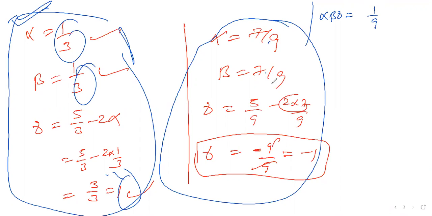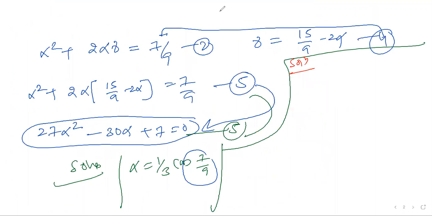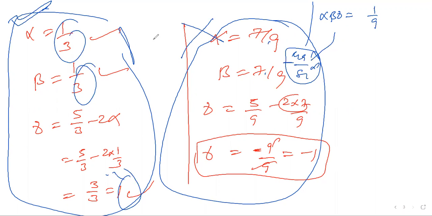Now this answer, 7 by 9, 7 by 9, minus 1. How much do you get? You are not supposed to get that, right? 7 by 9 times 7 by 9 is 49 by 81, into minus 1 gives minus 49 by 81. Is it correct? No. So these roots are not valid, because the condition is not satisfied. So alpha is equal to 1 by 3 is selected. The other is violating our condition. Am I clear? Yes, sir. So now we can finalize the answers.